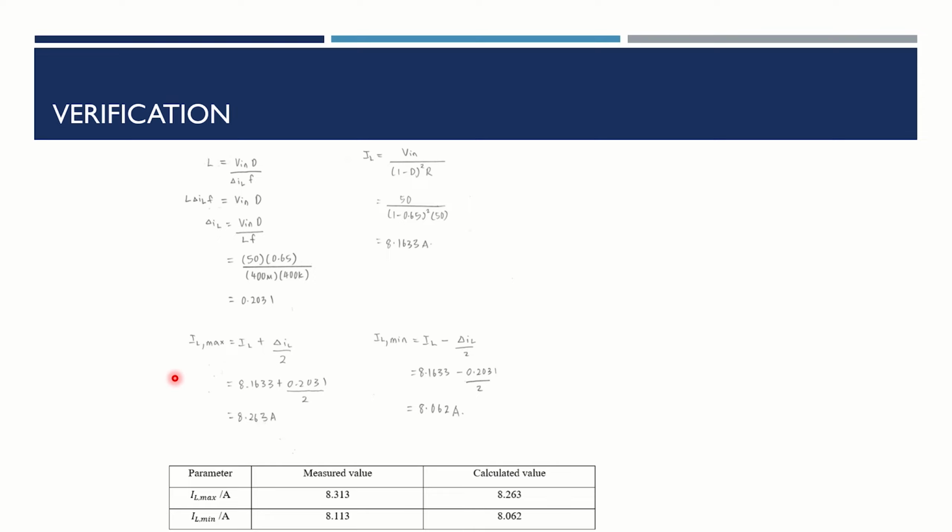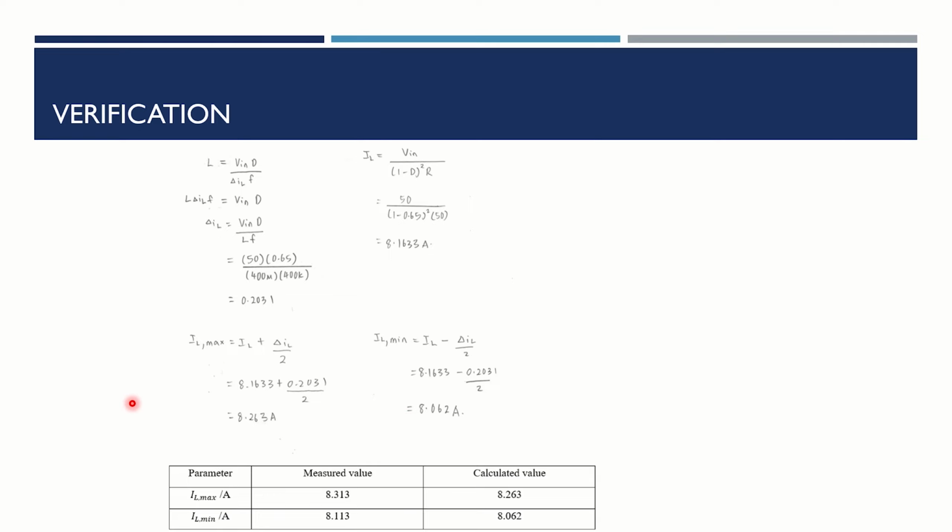equals to 0.2031. IL max is equal to IL plus delta IL over 2, which equals 8.1633 plus 0.2031 over 2, equals to 8.263 ampere. IL min is equal to IL minus delta IL over 2, equals to 8.1633 minus 0.2031 over 2, equals to